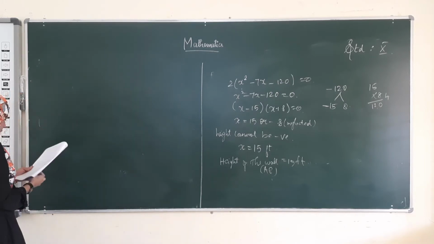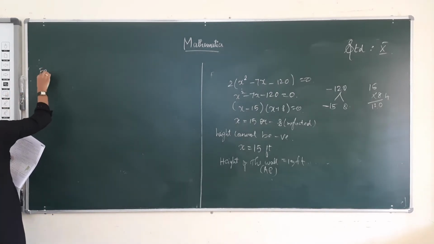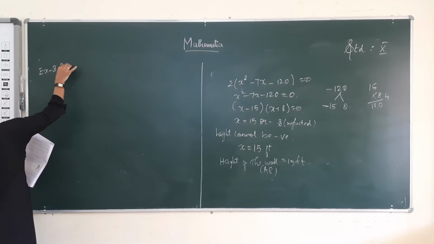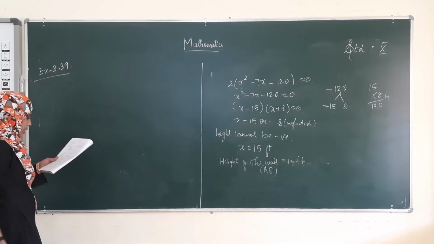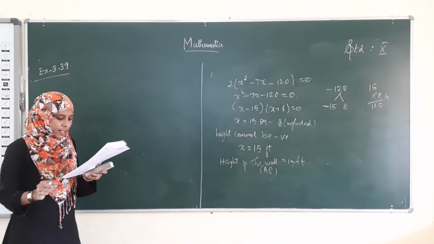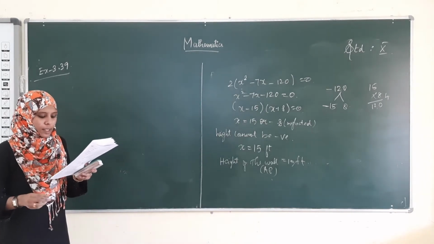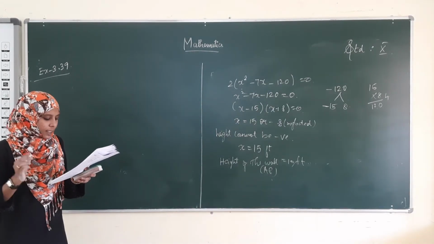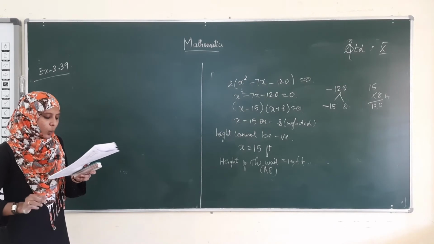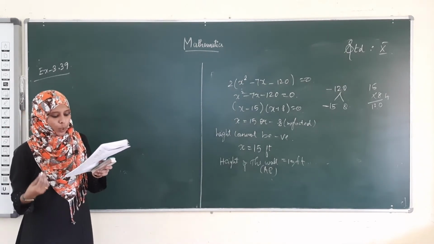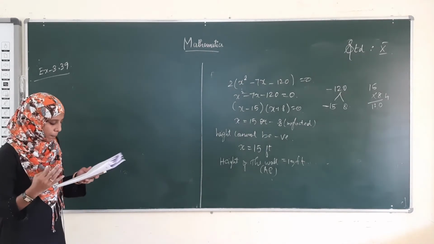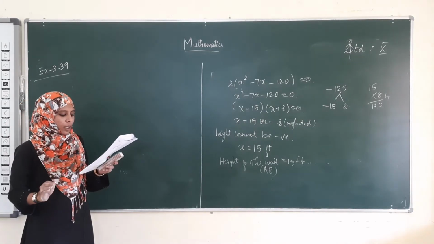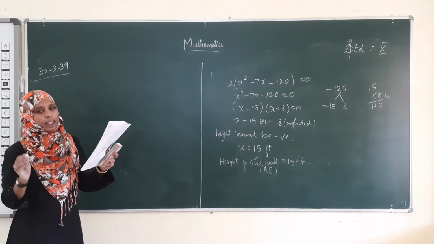See the next question, Example 3.39. What's the question? A flock of swans contained x square members. As the clouds gathered, 10x went to a lake, and 1/8 of the members flew away to a garden. The remaining 3 pairs played about in the water. How many swans were there in total?